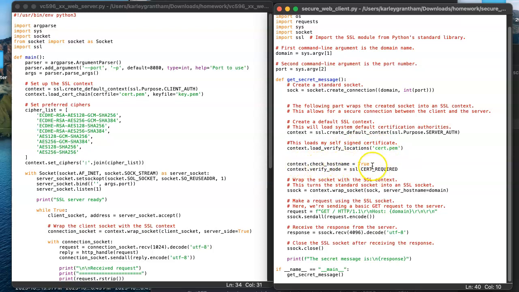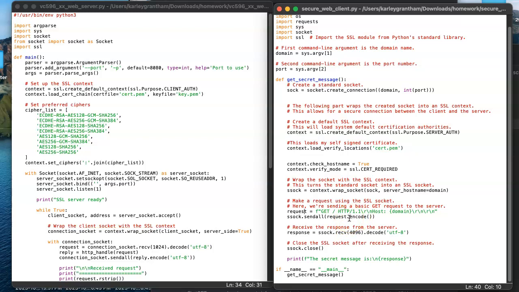Then this checks if the certificates match, and the verification, so SSL.CERT_REQUIRED, so it requires a cert. Conversely, you could change this to none and this to CERT_NONE, which, turning it off, allows you to just test the connection without having to match certificates. So next, this next line is what actually wraps the socket here, and then this is a simple GET request, so sending the server the GET request,